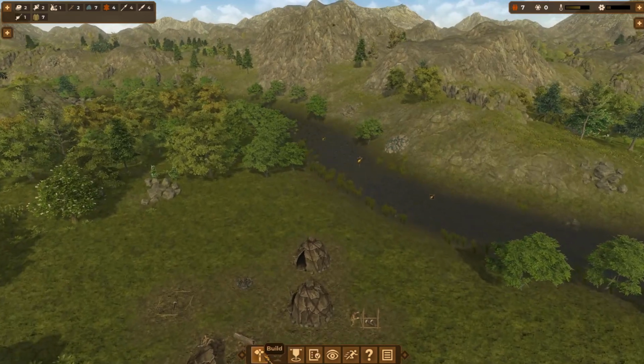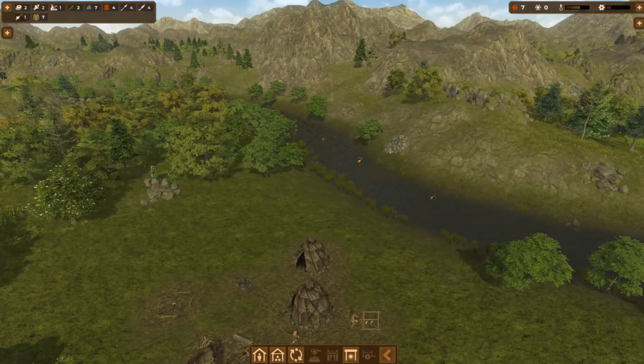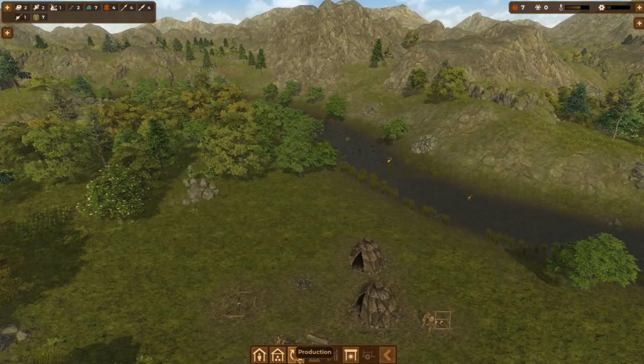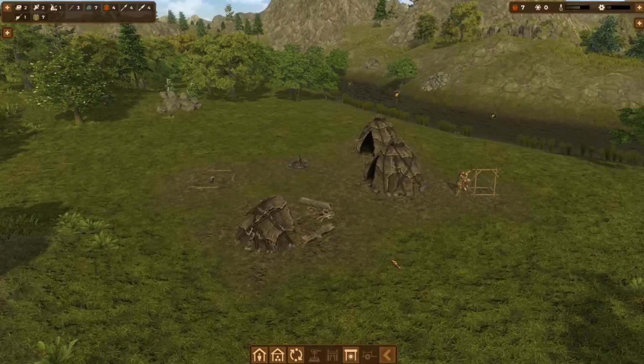As you progress, there is a spiritual system in this game. I haven't explored that too much. There's transportation that you can research, defensive structures, metallurgy later on. Traders do come around that you can trade whatever resources you have for stuff that you don't have. Something I like to do, if possible, is trade